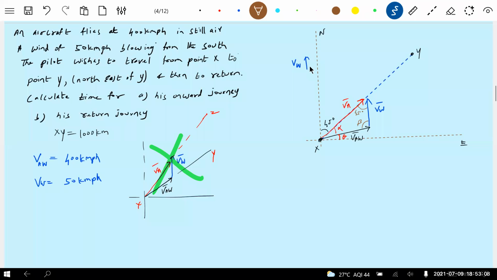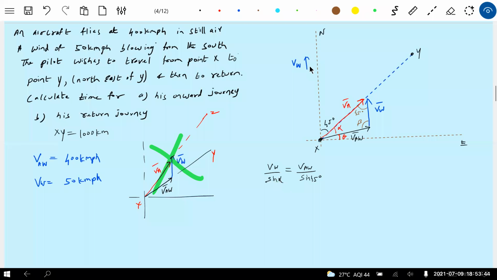If VA changes, then your answer will be different. Check the calculation once. So I'll go for the sine rule. I'll apply the sine rule. From the sine rule, what I need is VA by sine alpha should be equal to VAW by sine 45. VW by sine alpha should be equal to VAW by cos 45. Alpha is unknown, I'll find out here.